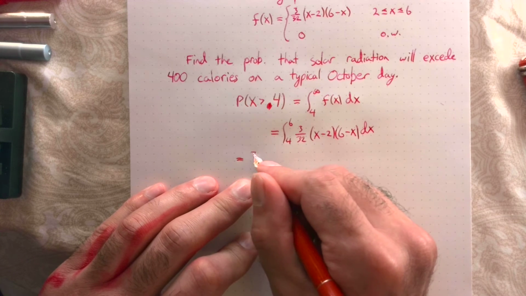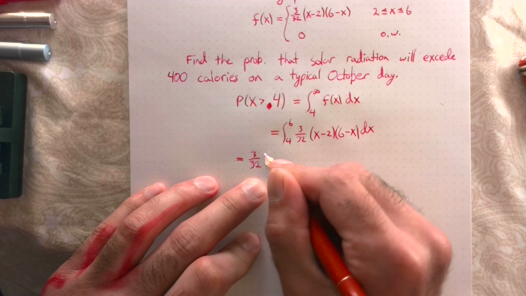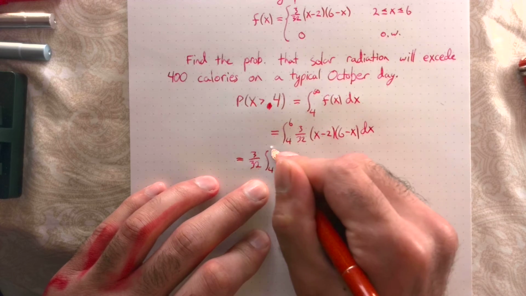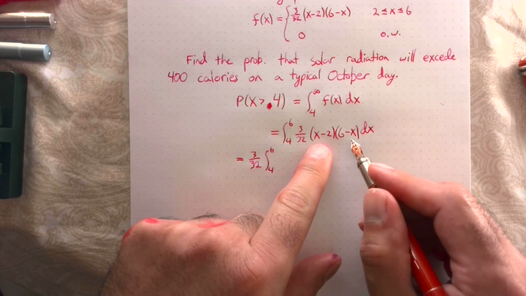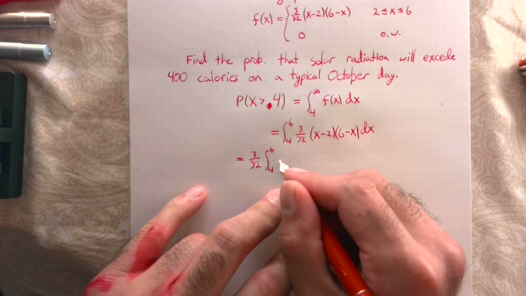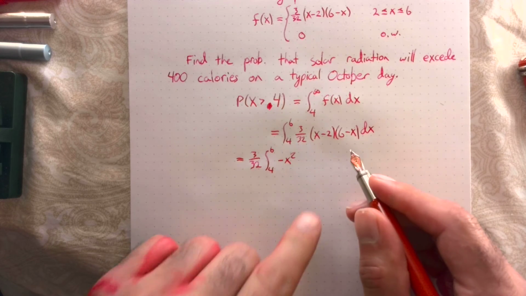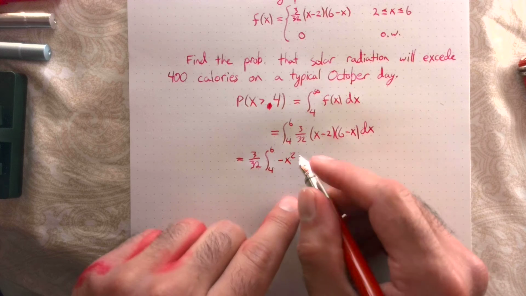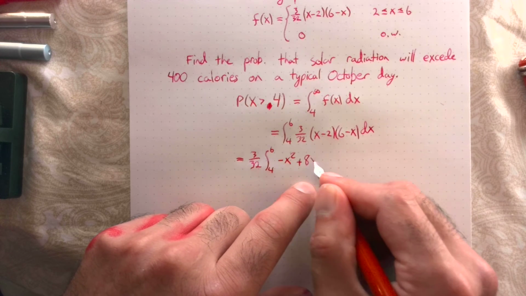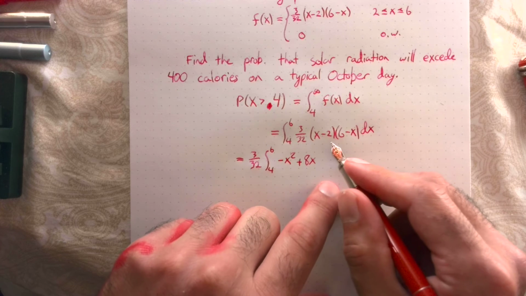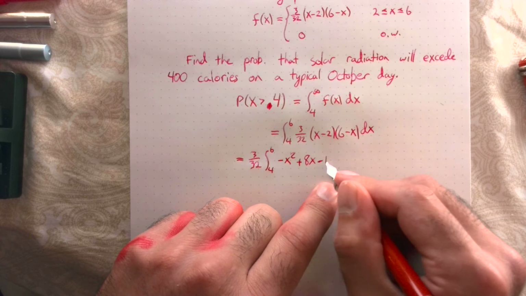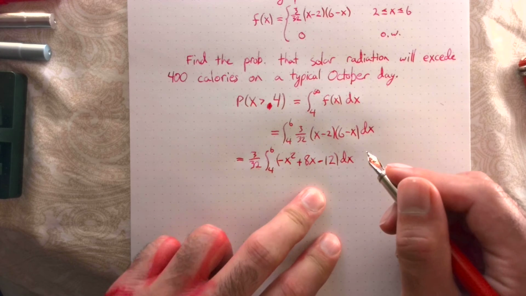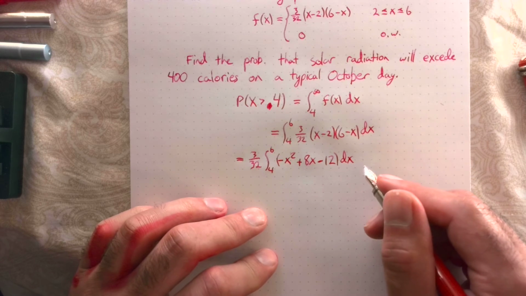So we pull out the constant of 3 over 32. And now we have the integral from 4 to 6, and let's FOIL this out. The x squared terms, we're going to have minus x squared. The middle terms, what are we going to have? We're going to have plus 2x, and then plus 6x, so that's plus 8x. And then the other terms, we're going to have minus 12. This is seeming a little familiar, like we did in class, but it's still good practice, I guess. Anyways,